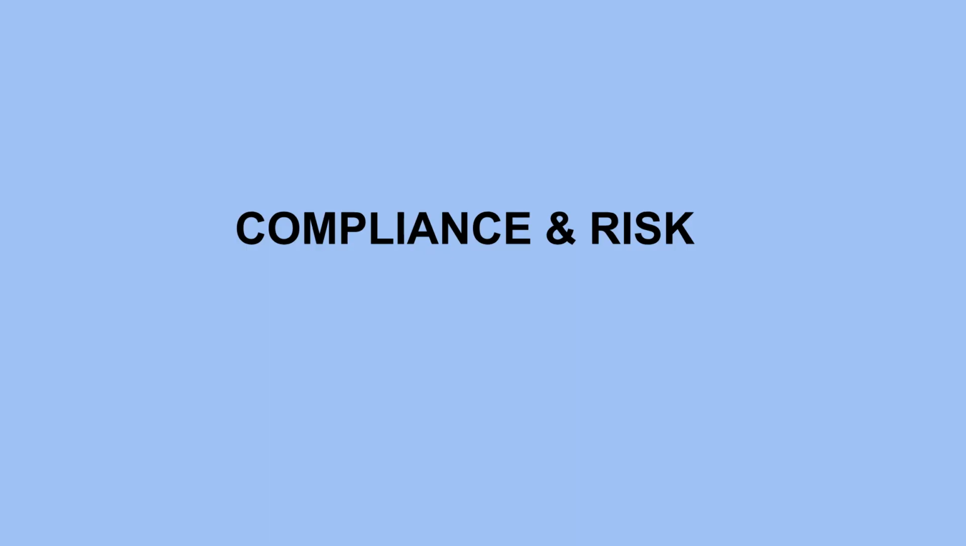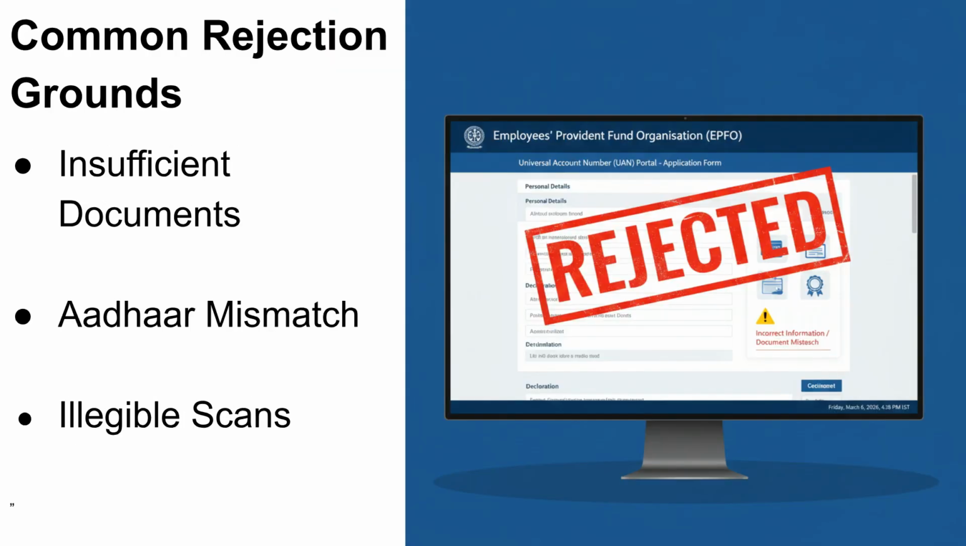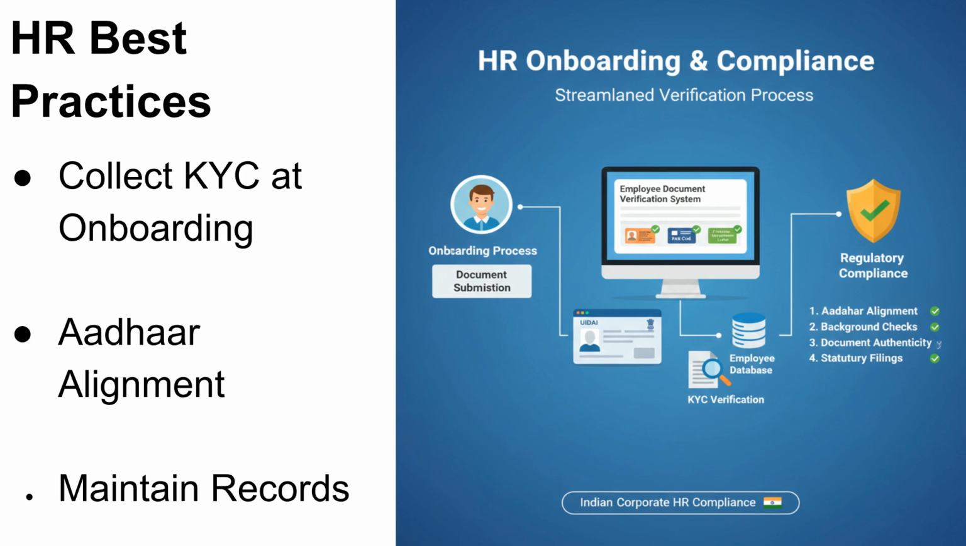We now address the critical aspects of compliance and risk associated with the joint declaration process. Submission of false information may attract penal consequences under applicable statutory provisions and may result in the rejection of claim benefits. Most rejections arise due to inadequate documentation, illegible scans, or a mismatch between the submitted details and the Aadhaar database records. Employers must ensure KYC verification at the onboarding stage and align employee records with Aadhaar to prevent future